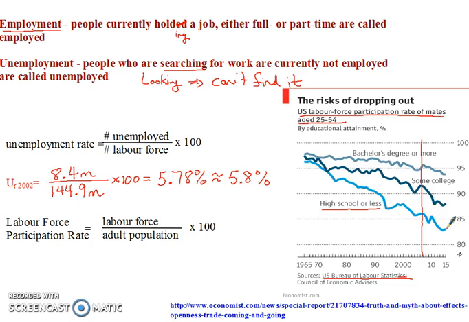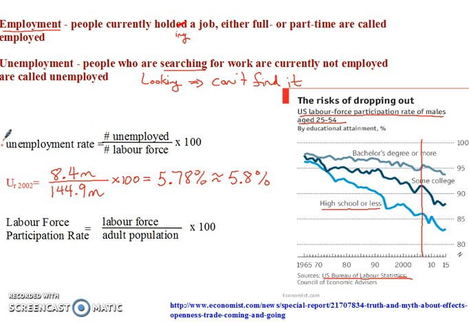Now, again, that could be for a lot of good things. People want to stay home with their children, all kinds of things that it might be. But we worry if it's the result of people giving up. People who did want to work, who used to be looking for work, and if they were looking for work and searching, they were part of the labor force.